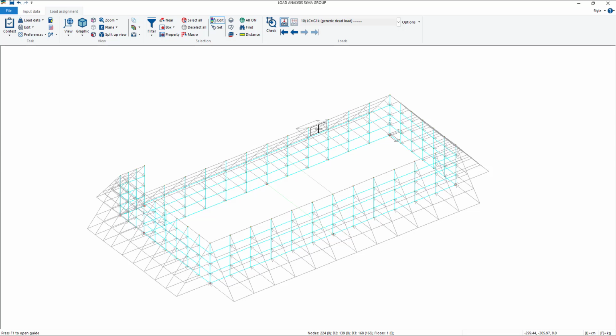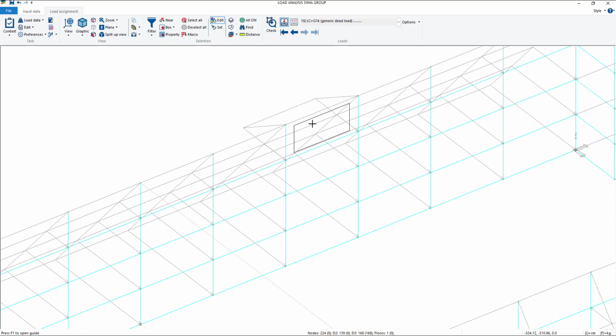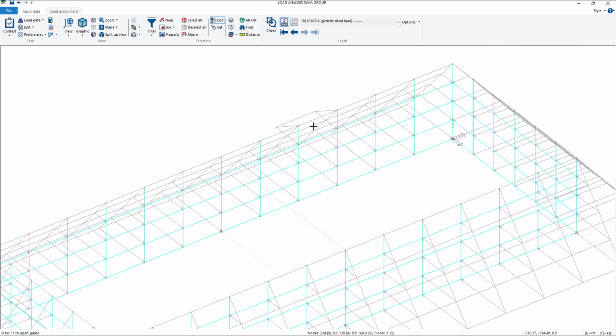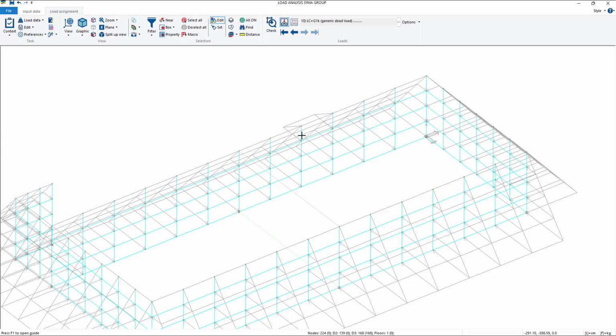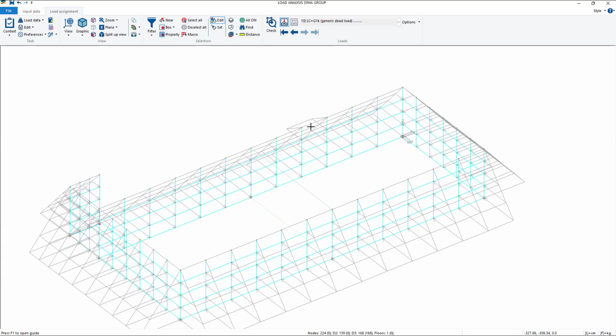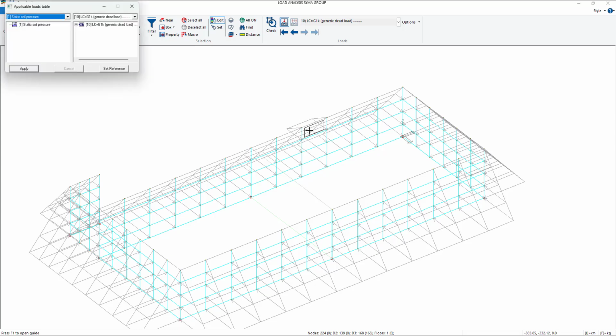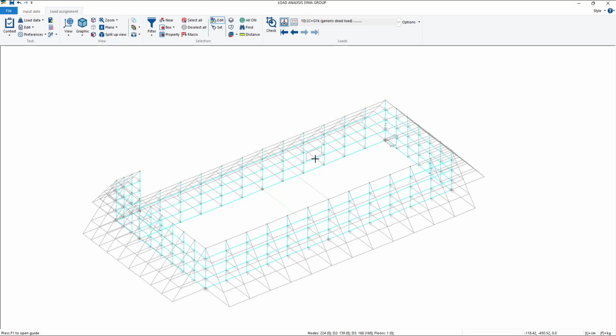In this case, on this specific element, we already have it and we summed it once more. So basically now we have a double pressure load only on this element, as you can see. So I have to take one out, apply, and now we're fine.